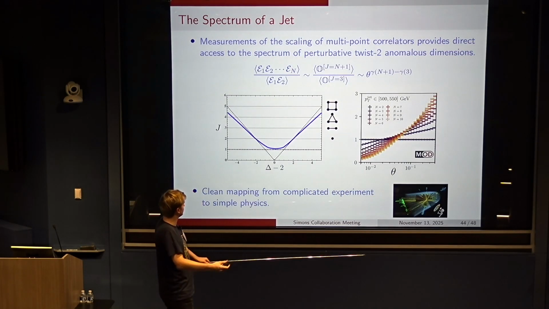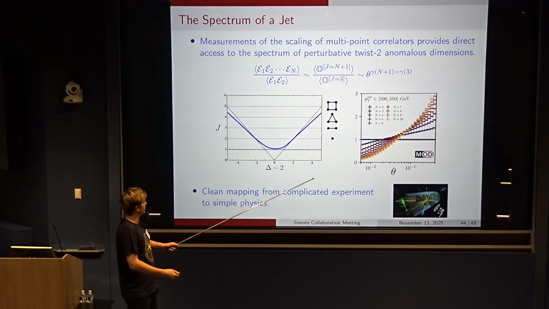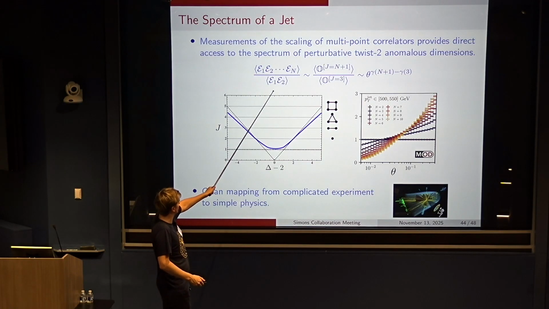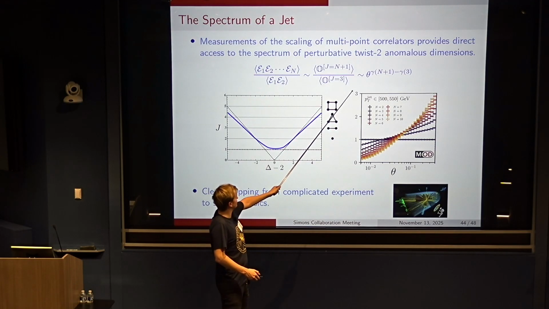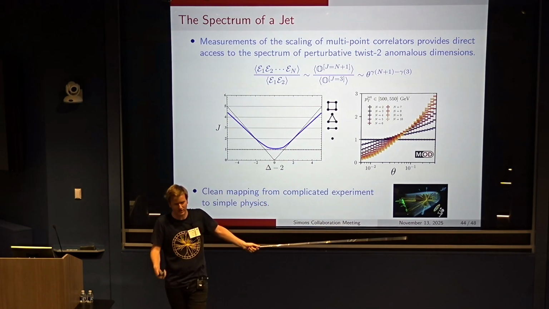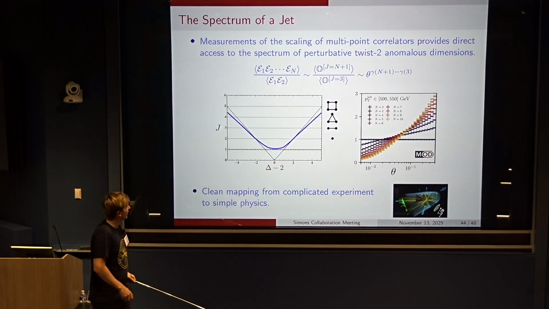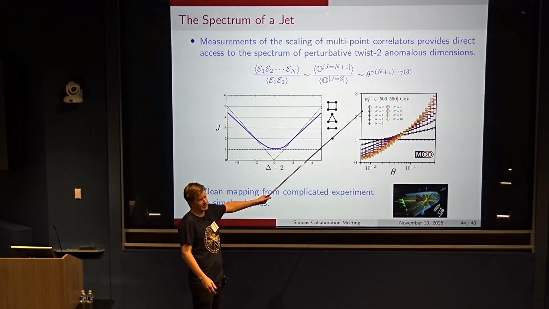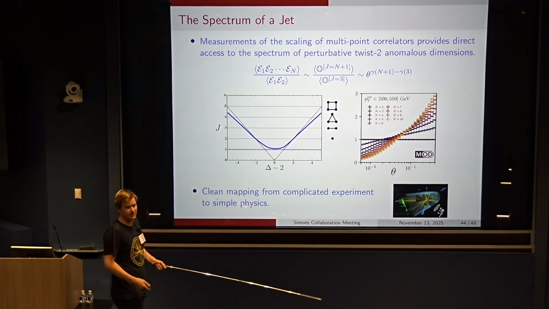And so you can now go out and do this experimentally. And so this is actually a plot. Here I'll always plot this ratio to the 2-point correlation function. And so it just essentially probes the difference of the anomalous dimensions, or the difference of the dimensions of these operators. And you can actually measure these up to 10-point correlation functions. And this is because of the amazing high energies.